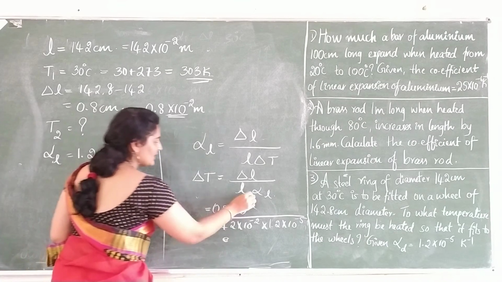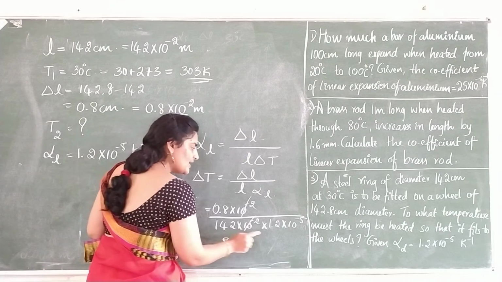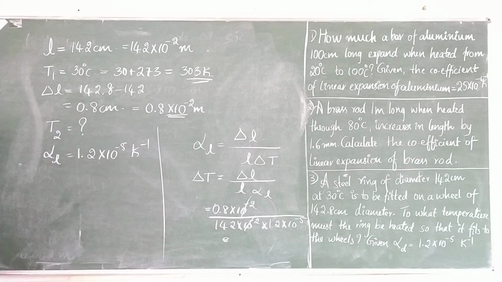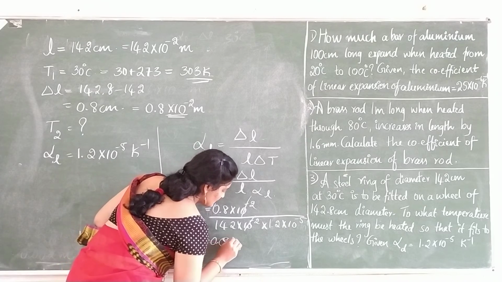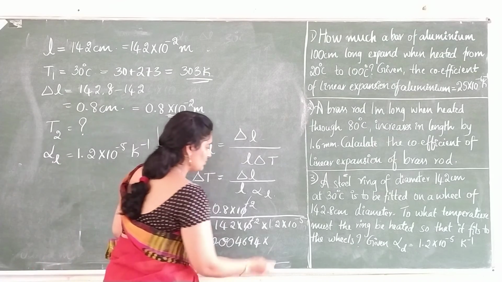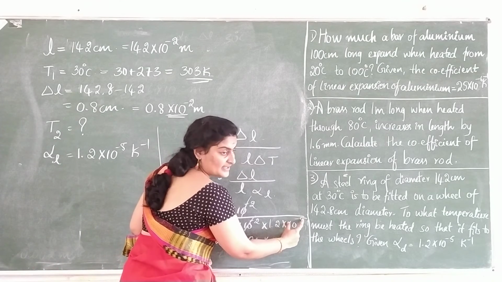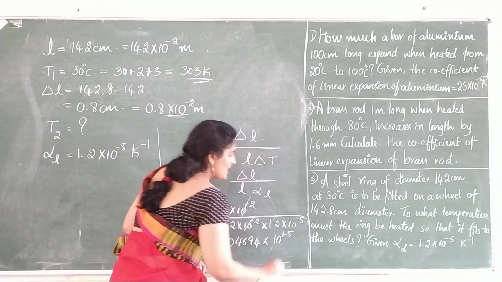Right? 10 to the power minus 2 cancels. 0.8 divided by 142 divided by 1.2. What is the value? 0.004694. Right? 0.004694 into 10 to the power minus 5 is here in the denominator. Let us bring this to the numerator. It becomes 10 to the power plus 5,